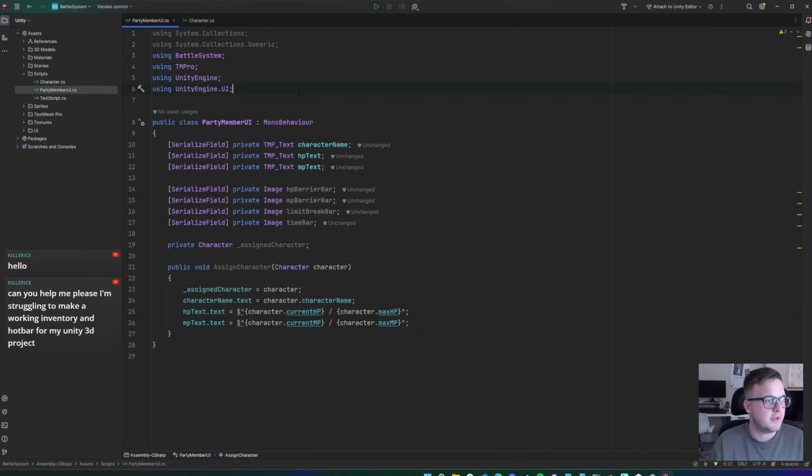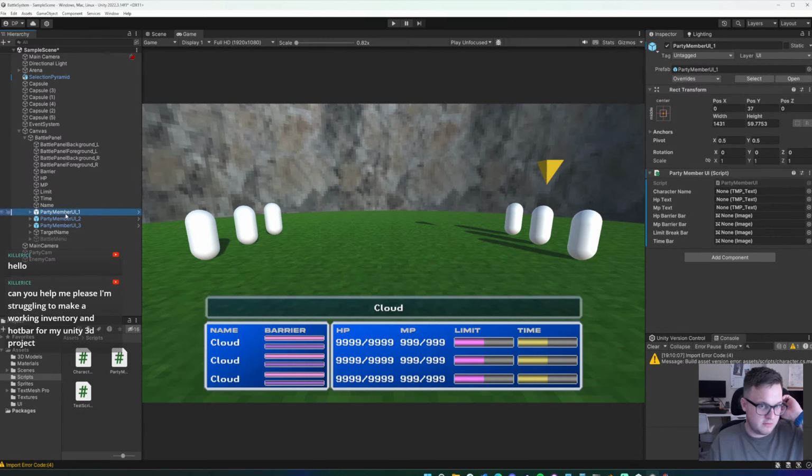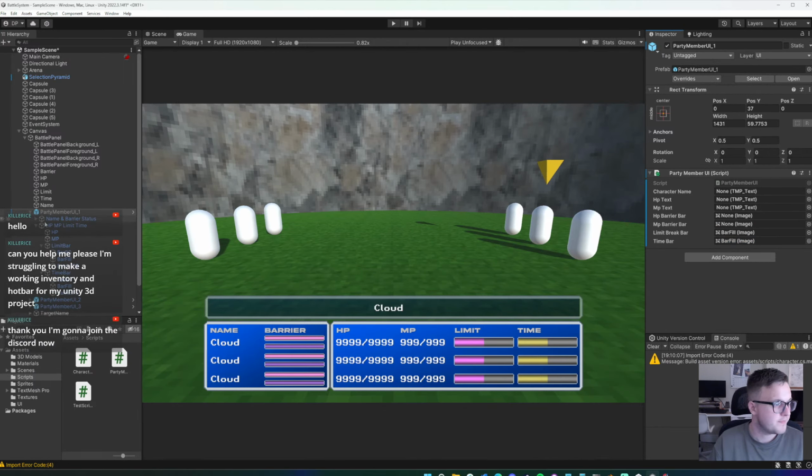Right, so we've got our party member UI. So let's go back into Unity, let this compile. We're going to add that script to our... Oh, we already have. So we've got our script here. So let's actually put these in place. So we've got our time bar, our limit bar, our HP and MP barrier fills,